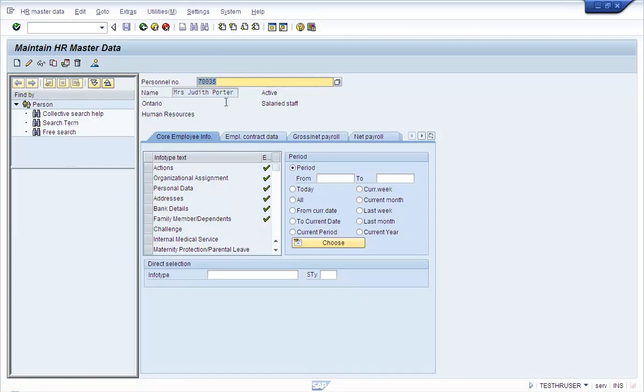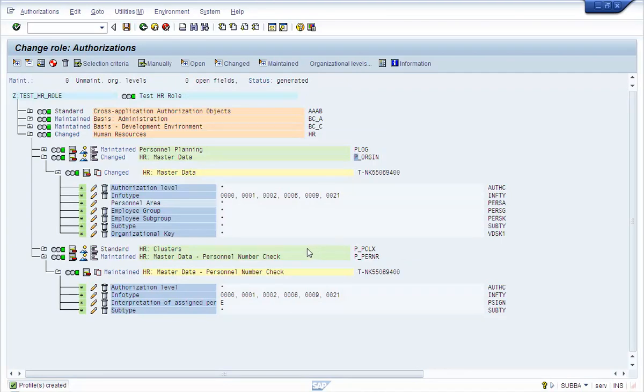In our previous example, you could see data for 35. Now we want to do the reverse, where the test HR user can see his own data, but not for Judith Porter.